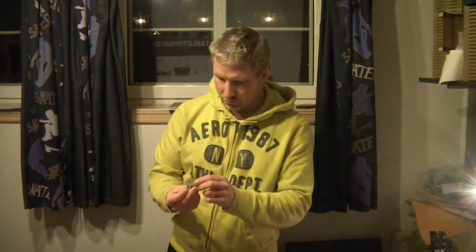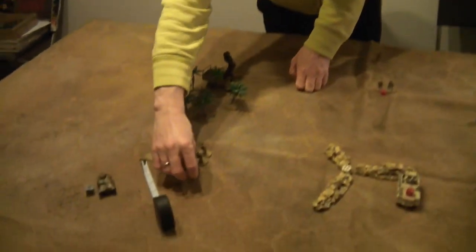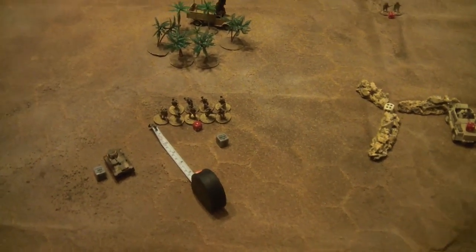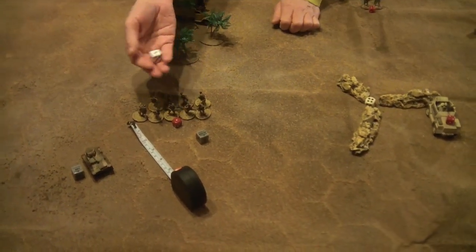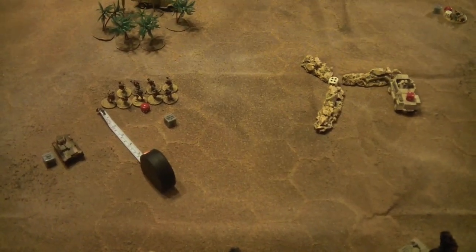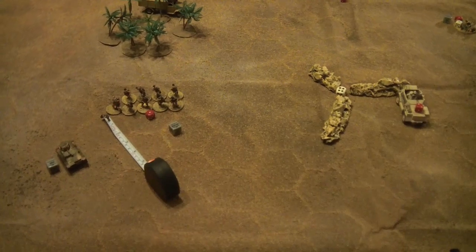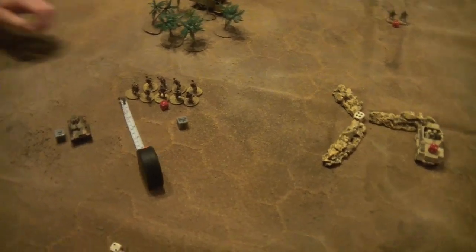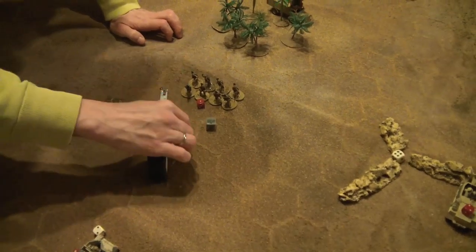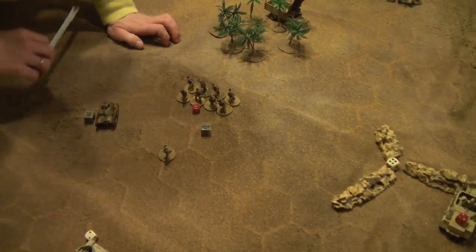Okay, Italians are next. And I know what I'm going to do. I will do an advance on these guys. And let's do the morale test before we move them. Go for a full bar. So that's 9. That's auto pass. And as you can see, I've already placed this guy at 6 inches. So we will just move them up here